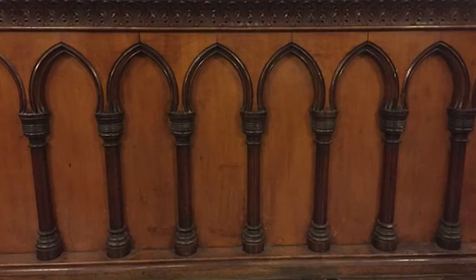So what did it look like? I think we can easily imagine that, if you go back one, that was the base which extended around all four sides. There was a straight row of stairs at the back, and then this same arch was arranged at the top as the railing, but of course without the panels behind. That's what the original bimah looked like. So if we go all the way to the very end, and slightly up, and slightly up,